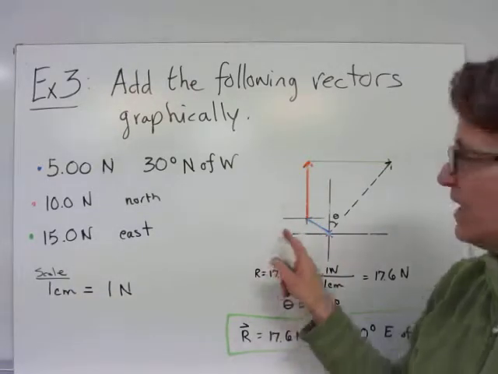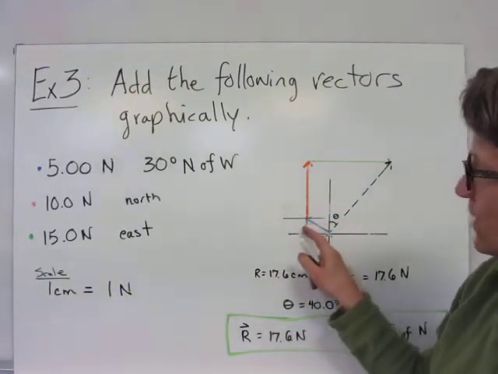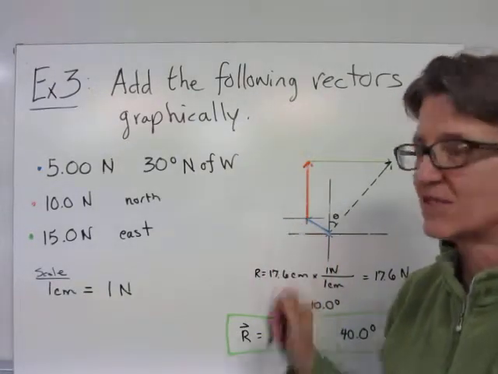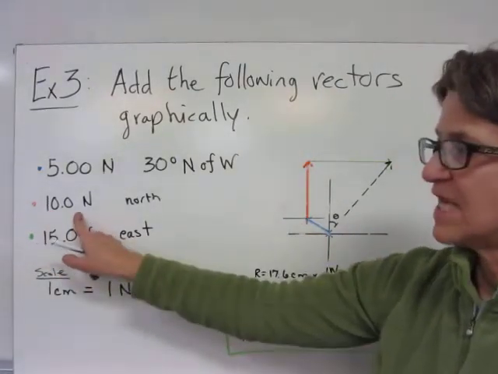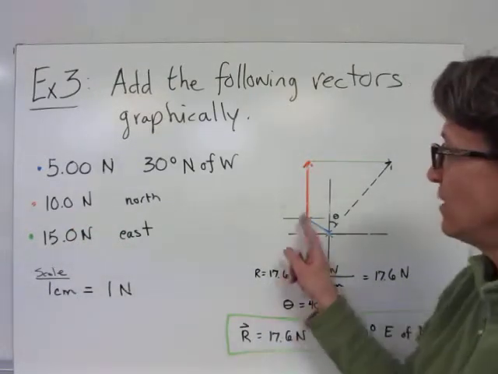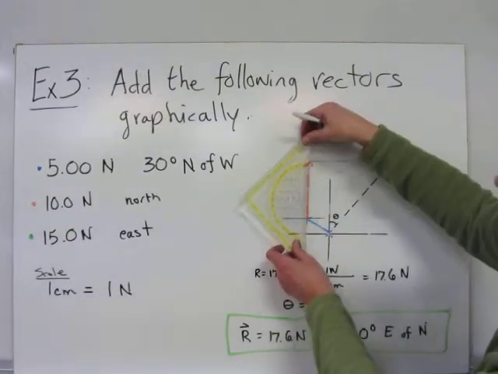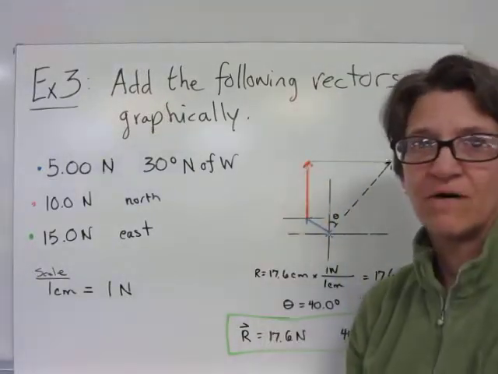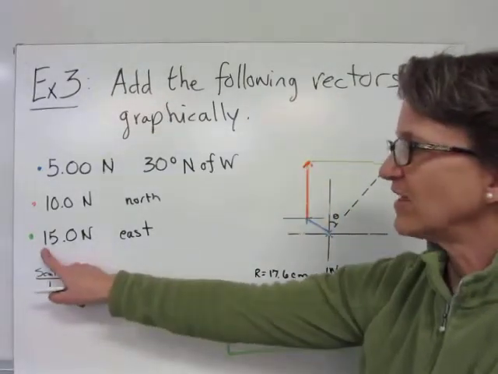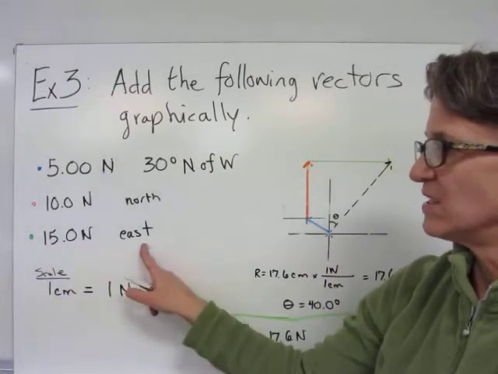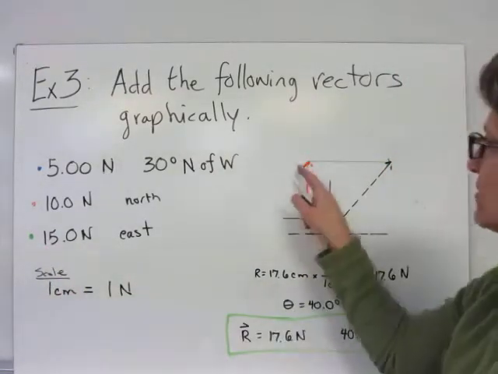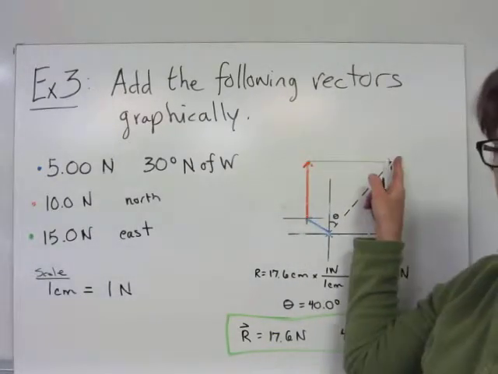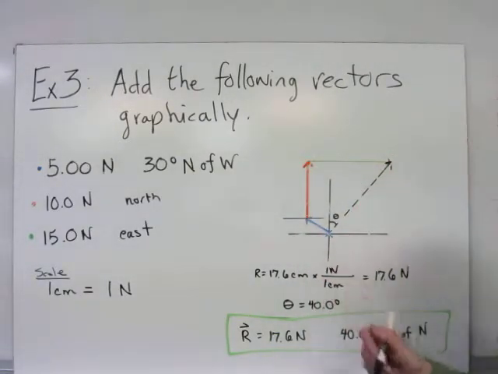My next point, I've drawn a little coordinate system so that I can head directly north from the tip of my last vector. I want to draw it 10 centimeters directly north. So I drew 10 centimeters to the north and put a tip on my vector. My last vector is 15 newtons east. So 15 centimeters directly to the east, and there's the tip of my last vector. Draw your resultant